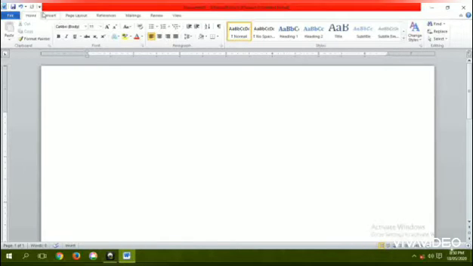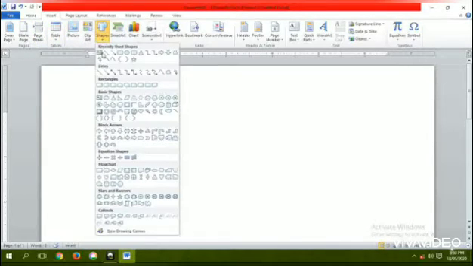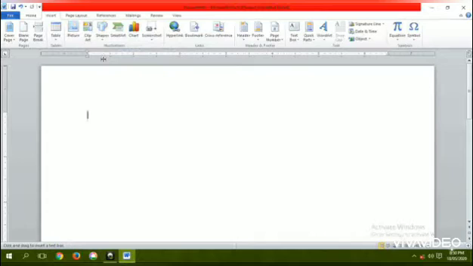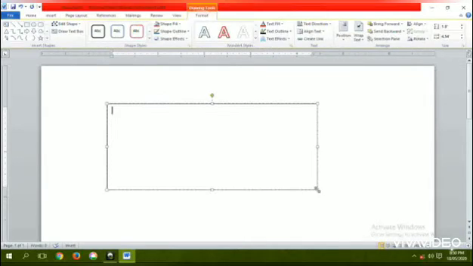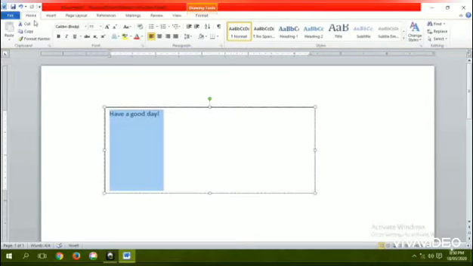Next, let us insert some shapes. Go to the Insert tab, where there are predefined shapes. First, the text box. A text box is more than a text shape. It is a box that allows you to type text in it. So first, just drag it and type. Then apply the formatting that you like on your text.